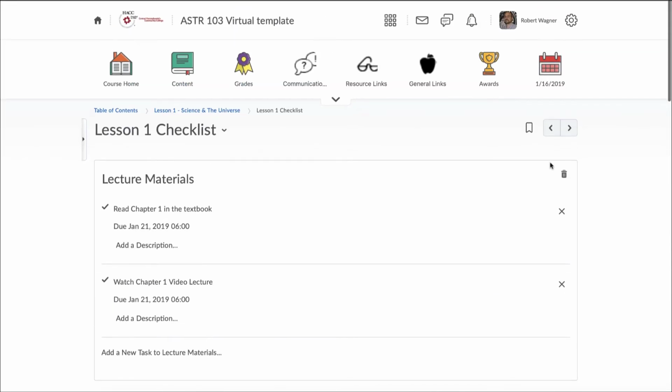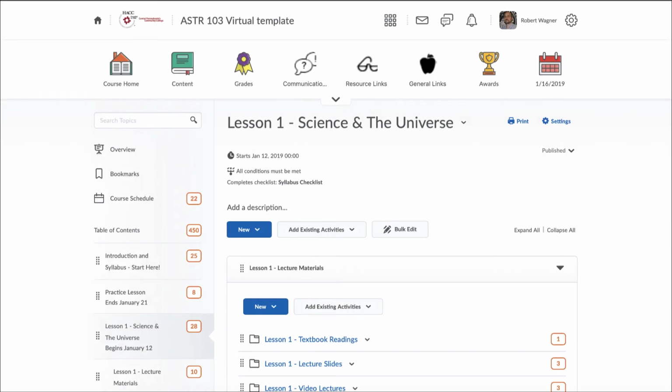And once you check off everything on lesson 1, lesson 2 would then be available for you. So the checklist is not just there for your convenience. It's also a required part of the class because it serves as a reminder. Did you look at all of these things? And once you do so, you can then access the next lesson of the class. And that allows you to work up to 1 week ahead in my classes.